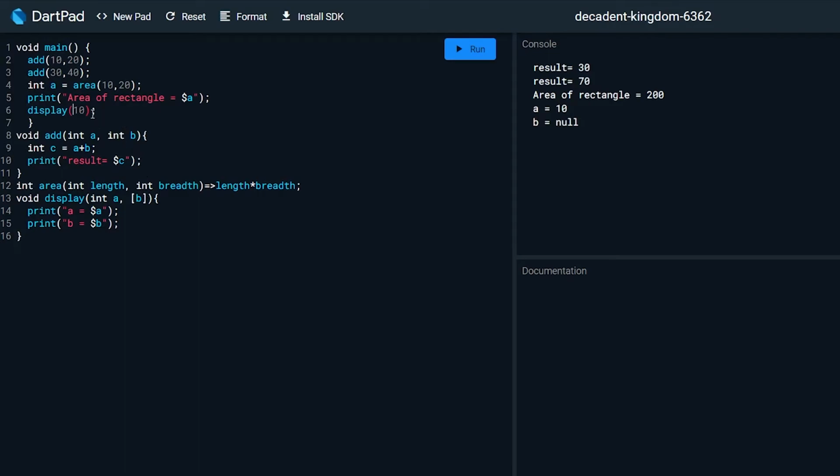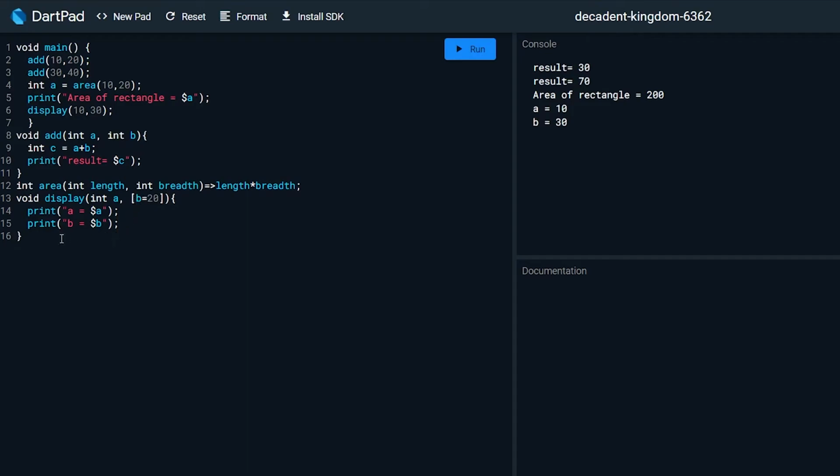Then what we can do is we can also give some default values to this optional parameter. Like if we give b is equal to 20, then if we run the program, see here the b without becoming null becomes 20, because it has got some default value that is 20. But if we pass here suppose 10, 30, if we explicitly assign some values to b, then b will take up the new value. Like here, b equal to 30. This is called optional default parameter.